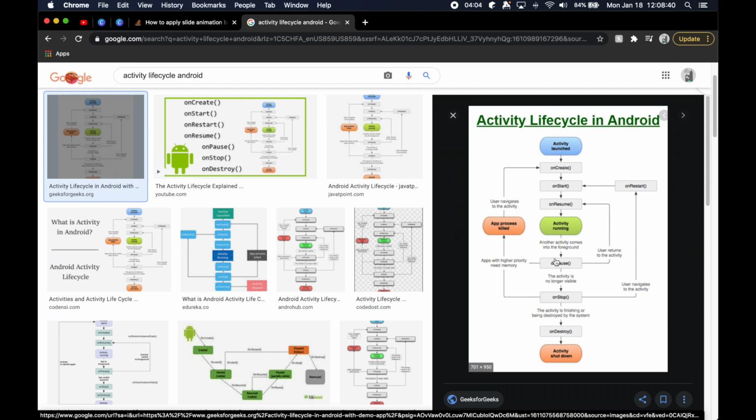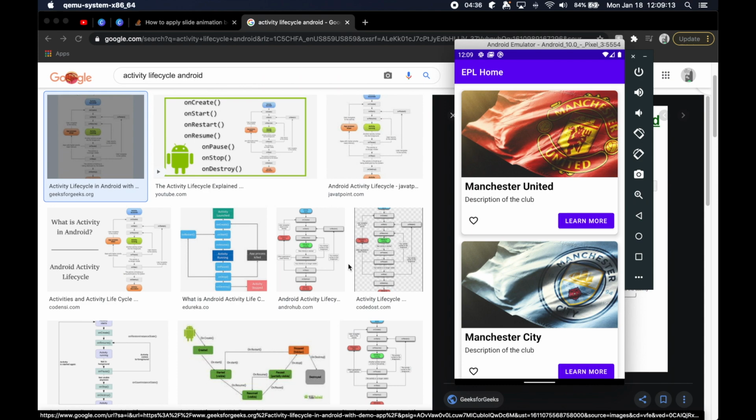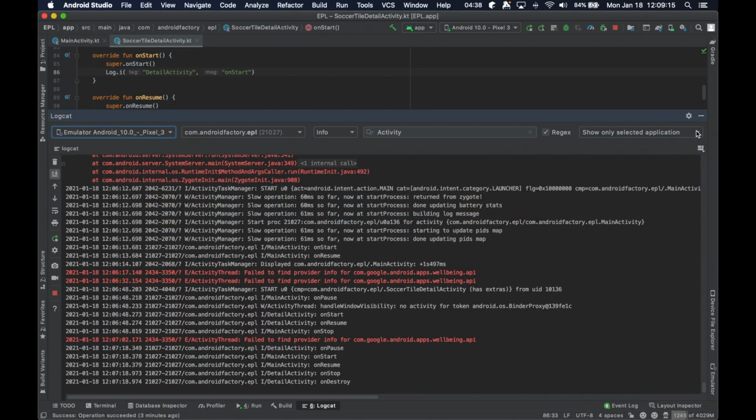So you can kind of see that there's a relationship between on resume and on pause, on start and on stop, and on create and on destroy. And specifically when navigating back to the activity, whichever degree you go to, whether it's paused, stopped, or destroyed, you're going to resume to the creation counterpart to the event that was called. So the activity is destroyed, it gets recreated, but if the activity is only paused, it only gets resumed. And so that's why we're seeing this discrepancy here in the